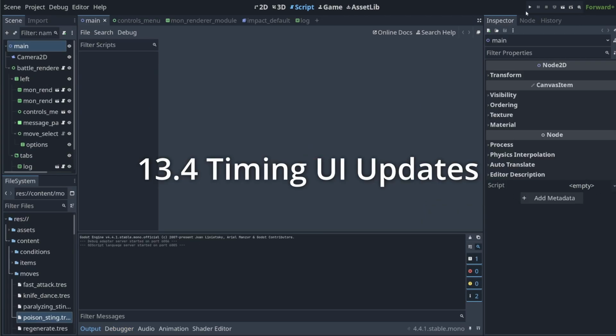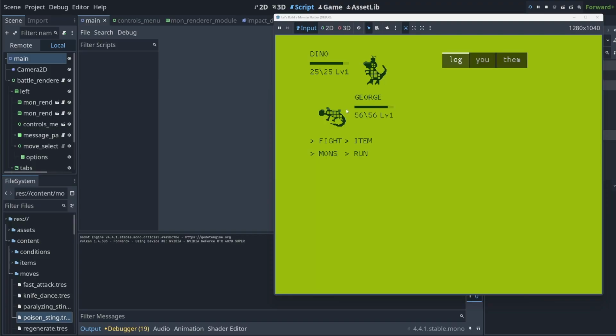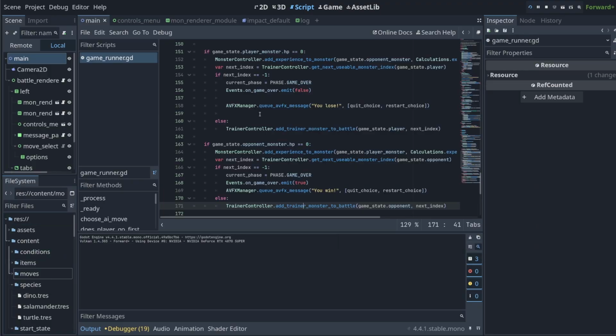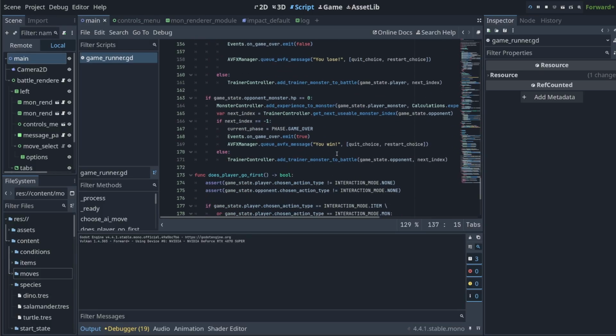Okay, let's do a little more work on the UI. We're not going to fix everything. There's actually a few issues, but I want to give you some patterns to improve how the UI responds to model changes. Let's look at our HP bar. So when damage happens in the model, it updates instantly. And yeah, whenever we emit on monster updated, not after the actual damage animation happens, and this looks a little bad. So it's going to be hard to have perfect control over this. You'll have to do that on a like move by move basis, I guess,